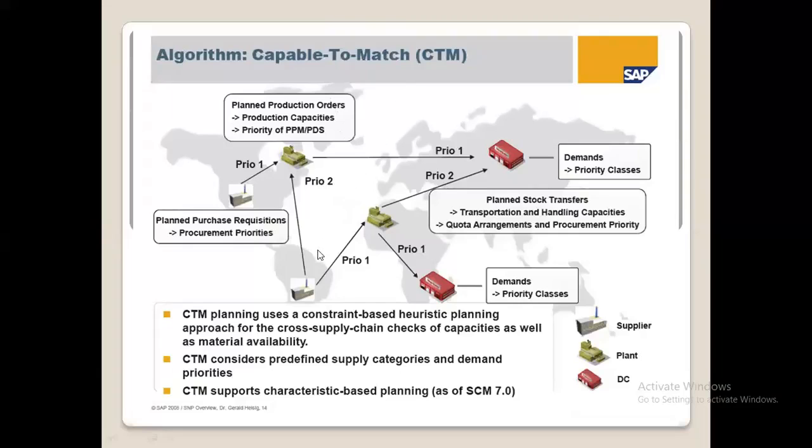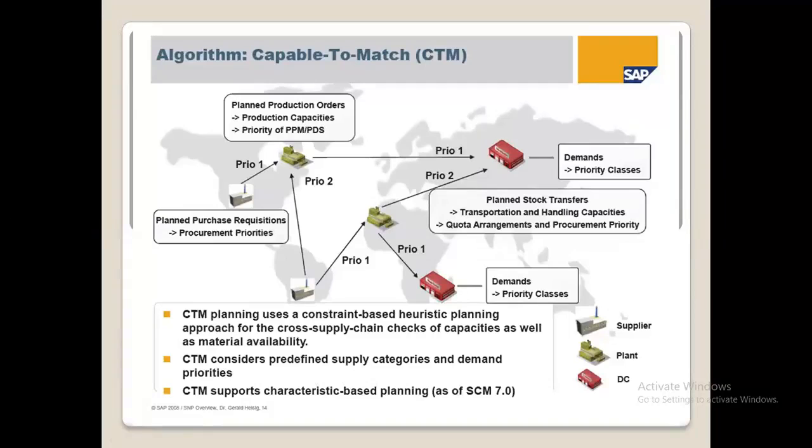Next, CTM, capable to match. CTM is a finite planning. CTM planning uses a constraint-based heuristic planning approach for the cross supply chain check, covering capacity as well as material availability. CTM considers predefined supply categories and demand priorities, which means that,